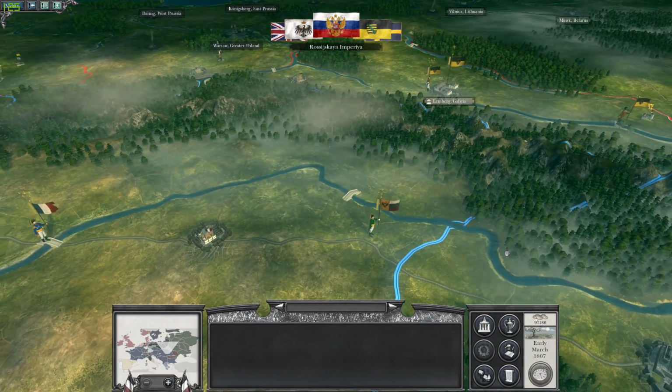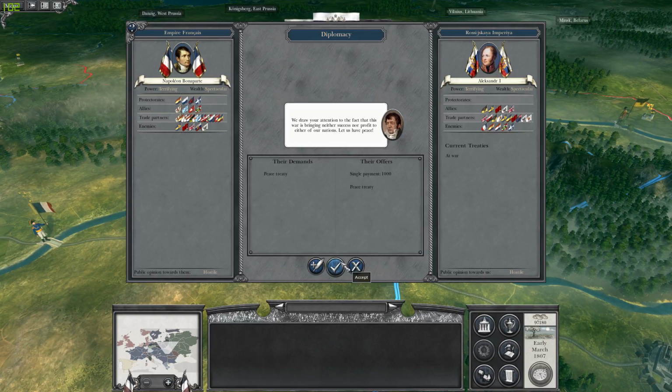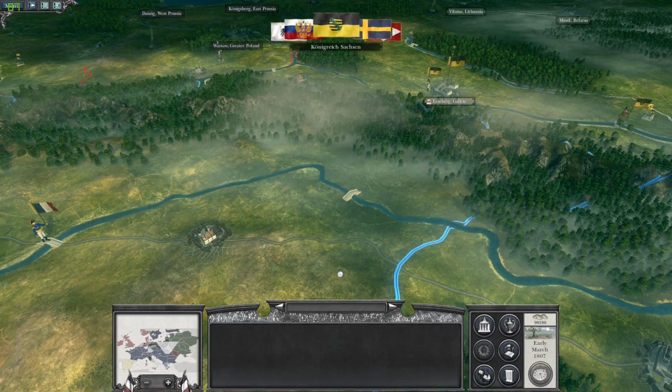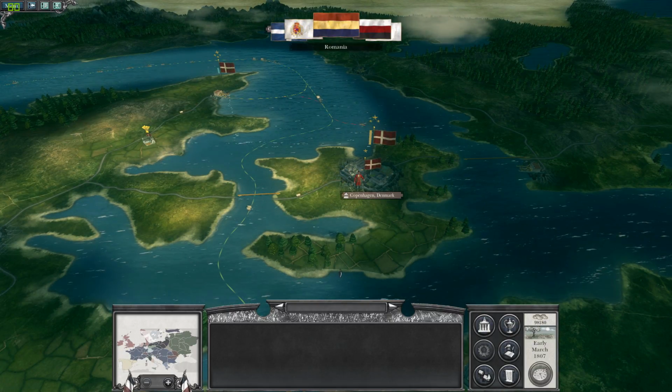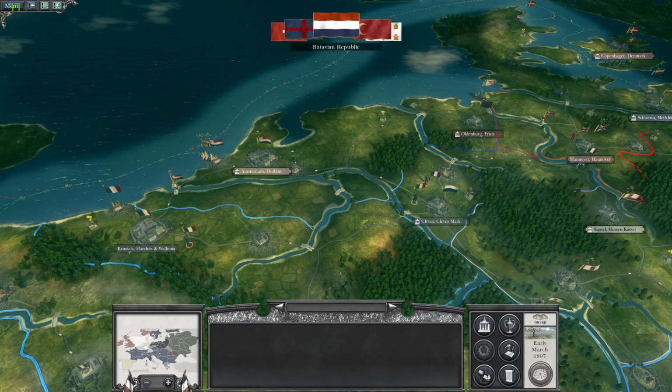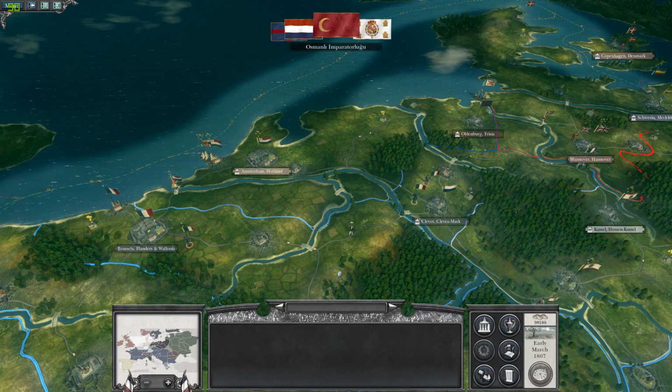Ah, there we have the Russians. The Russians want peace. You know what? They've done this quite a few times. I'm collecting a little bit of cash, and the Russians are pushed out of my territory, and they have to remarch, and so on. One thing, though, I'm not entirely sure...